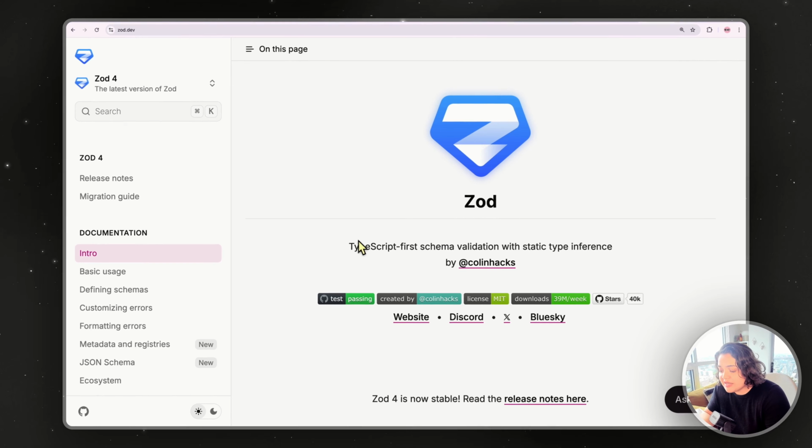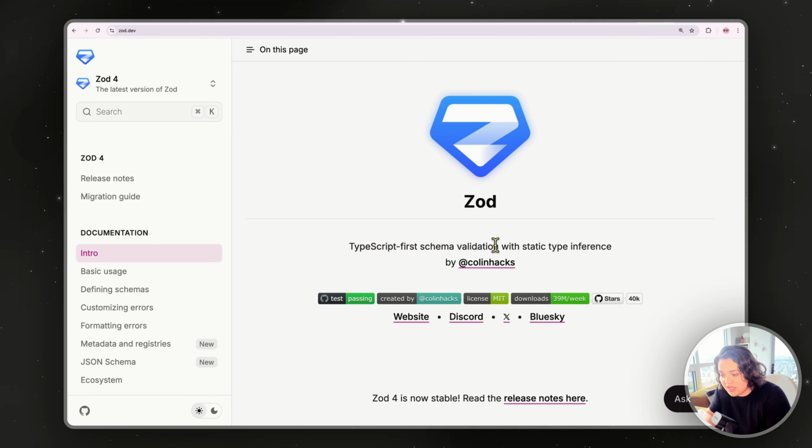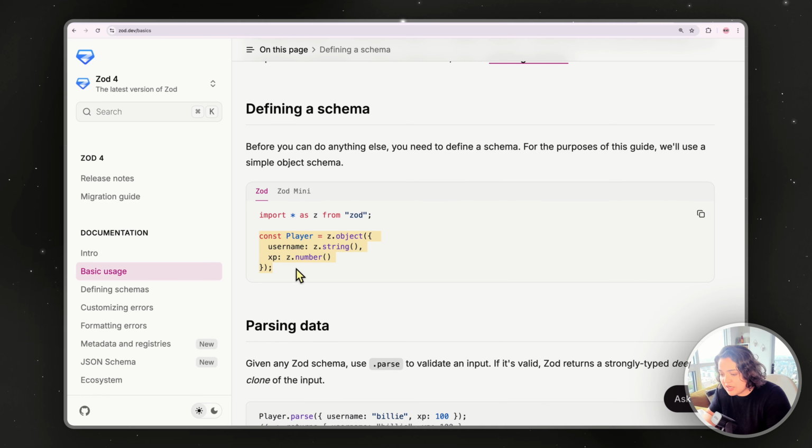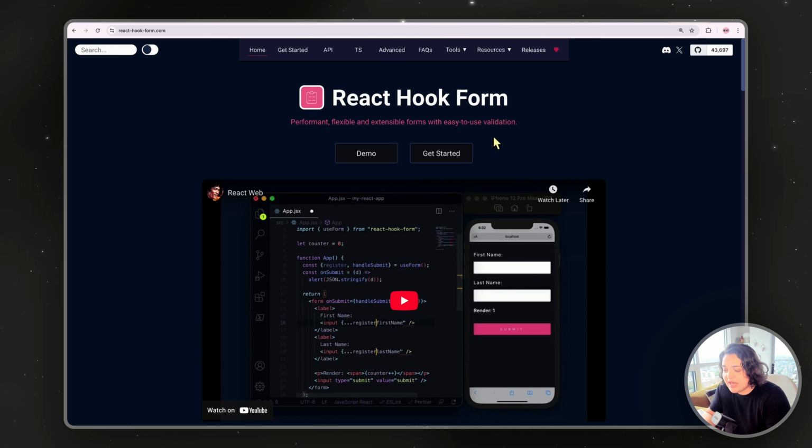Now for Zod, again, it's a TypeScript-first schema validation library. I define the schema for my form, what the schema is going to look like, and then I hook this specific schema inside of React Hook Form, which again gives me performant, flexible, extensible forms with easy-to-use validation. Now, I could use the same schema for my backend logic as well with server actions for validation.